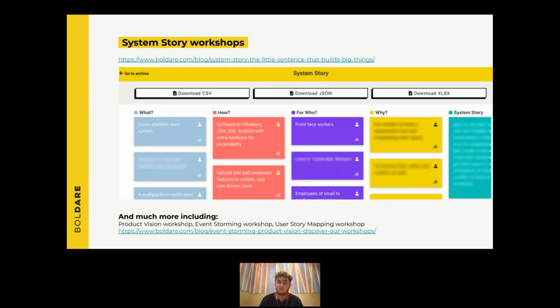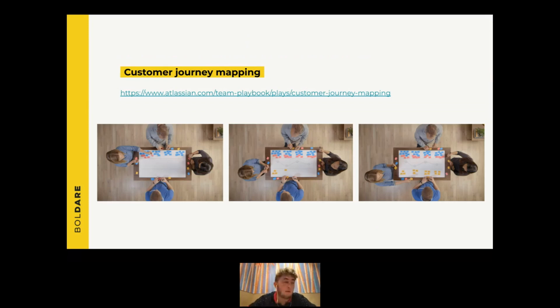And user story mapping is a really, really nice workshop, so have a look at our blog for more information. But there is also one important bit that usually the designers push for. It's customer journey mapping. Customer journey mapping is something you will build processes around if you really understand the customer-centric approach. If you know your customer is your boss, then you will want to understand how your boss is progressing through your app, through your interfaces.